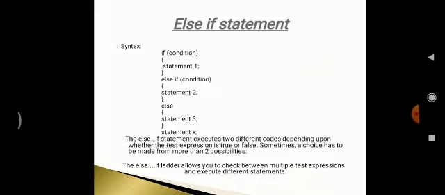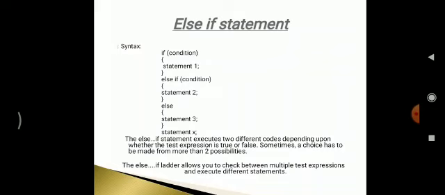Close the curly bracket. Write else if and write the second condition. Open the curly bracket and write all the statements that are needed to be executed when condition 2 is true. Close the curly bracket followed by an else keyword. Open the curly bracket, write the statements and again close the curly bracket.